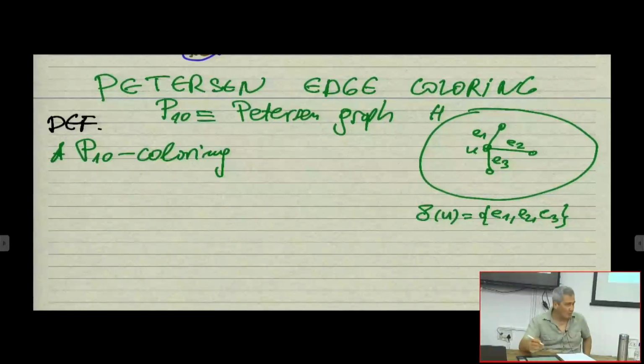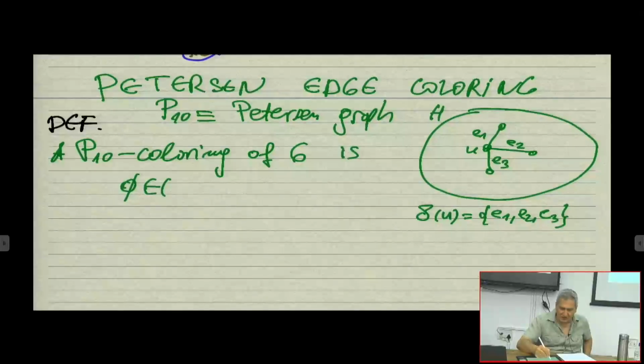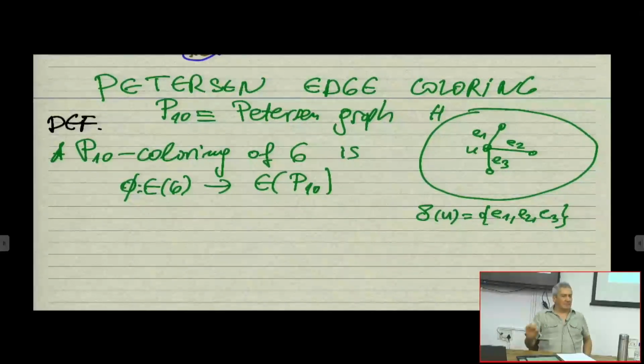A P10 or Petersen coloring of some graph G is a mapping which maps edges of graph G to the edges of graph P10, the Petersen graph. So actually we color graph G with the edges of the Petersen graph. It's a little bit complicated, yes. Such that